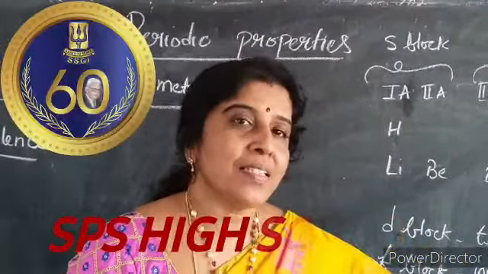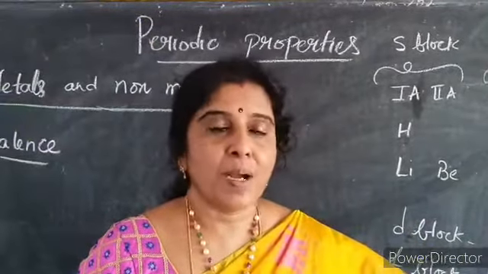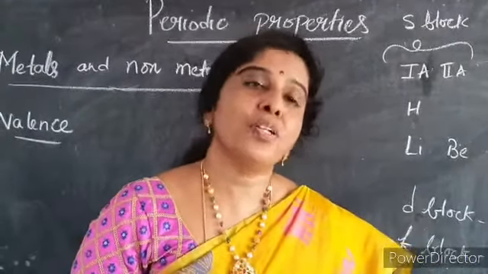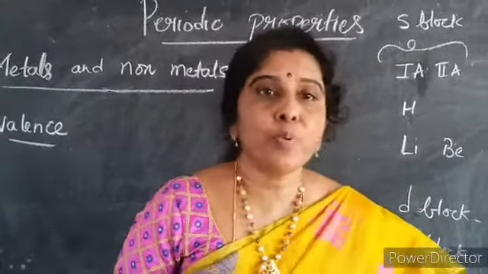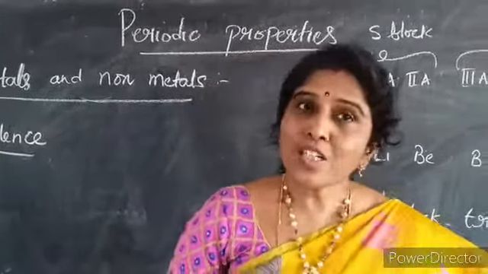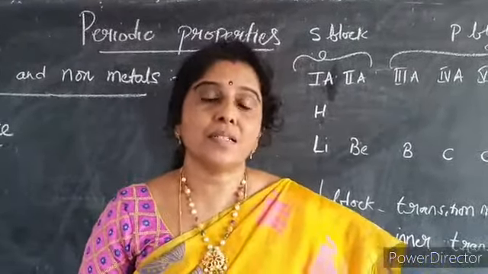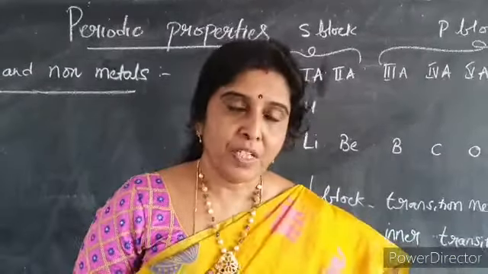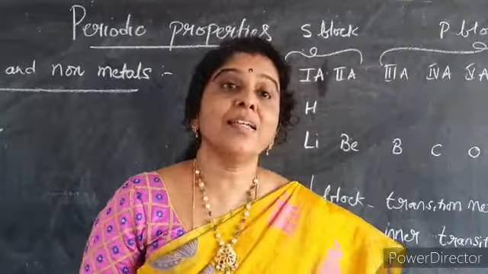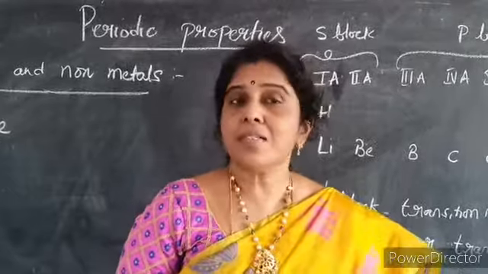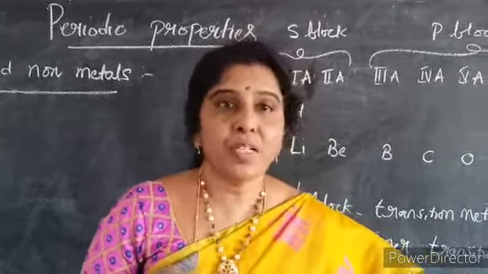In the previous session, you have learned about how the elements are classified and arranged in the modern periodic table, which was proposed by Moseley. So, which property was considered in organizing the elements? It is nothing but atomic number. So, Moseley arranged the elements in the increasing order of their atomic numbers. Today let us learn about some periodic properties.